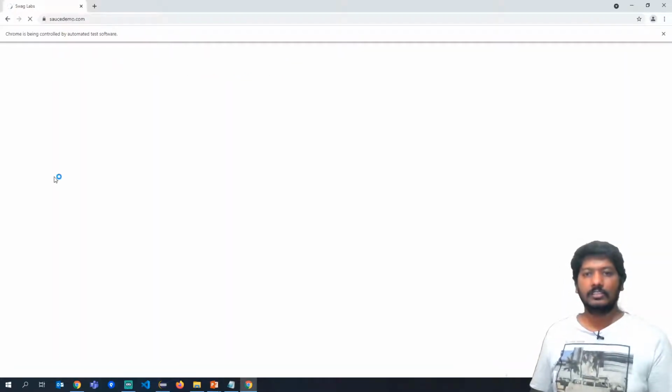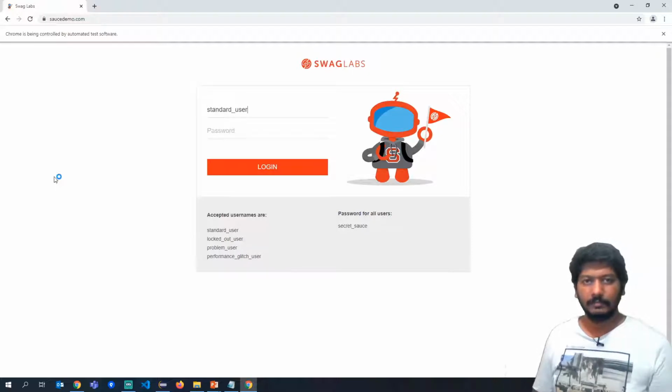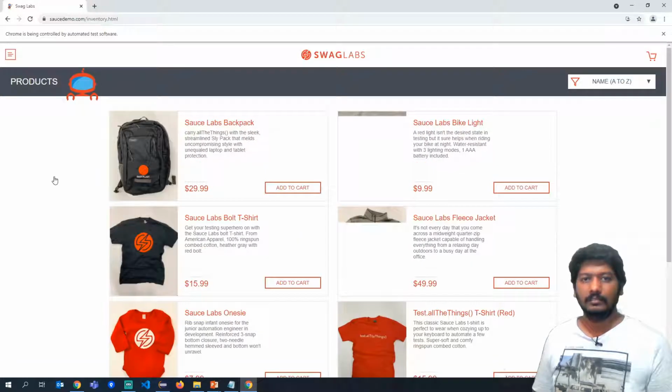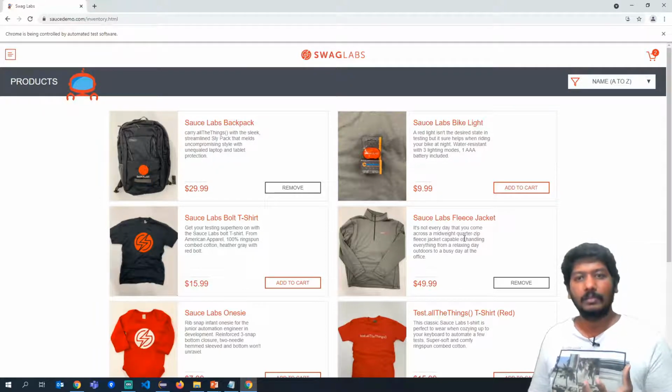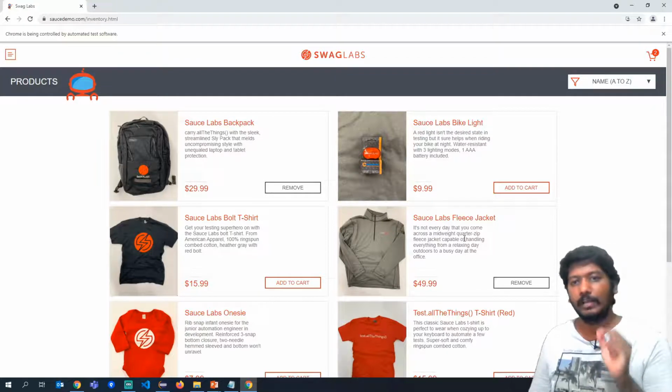Okay, it launched the browser, navigating to the page, logged in. Okay, now it clicked on two items here if you see. One for Sauce Labs backpack and other is for Sauce Labs fleece jacket, right? So our functions are working properly and the actions that we wanted to perform is also happening properly.